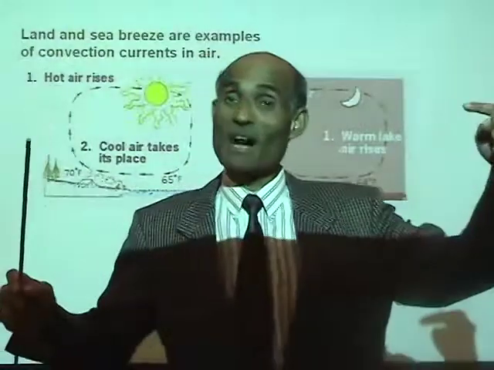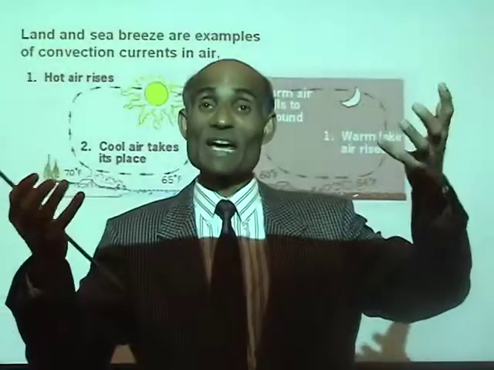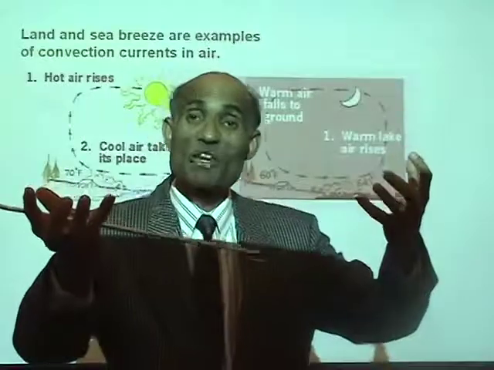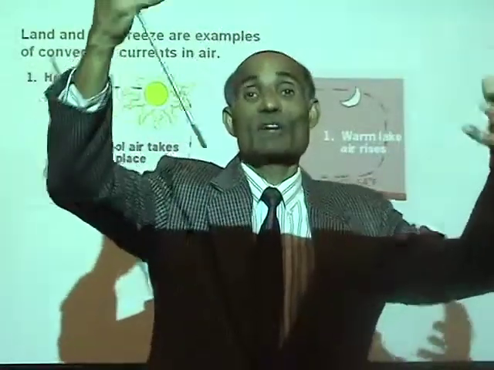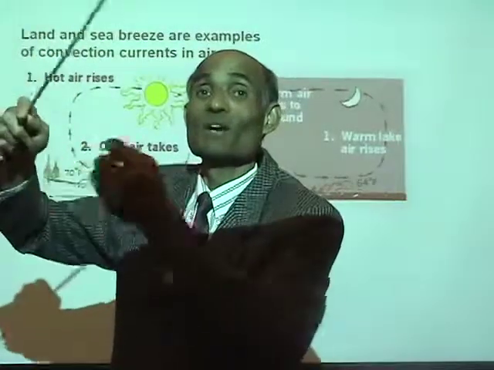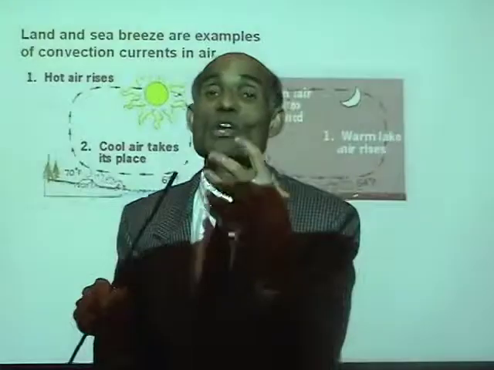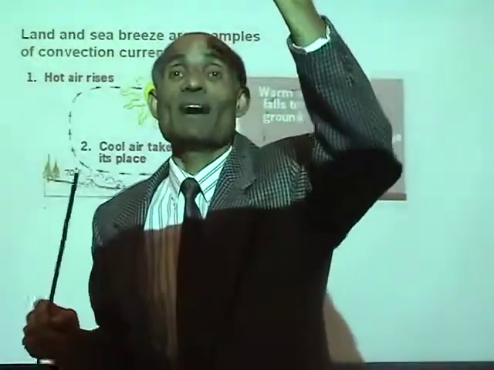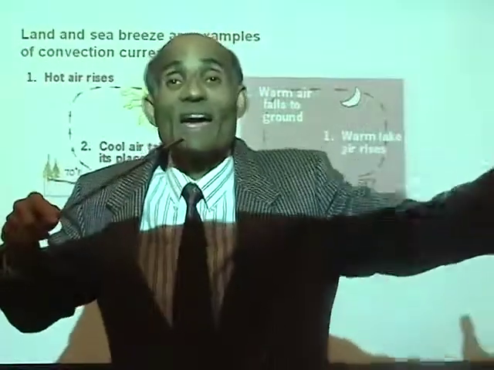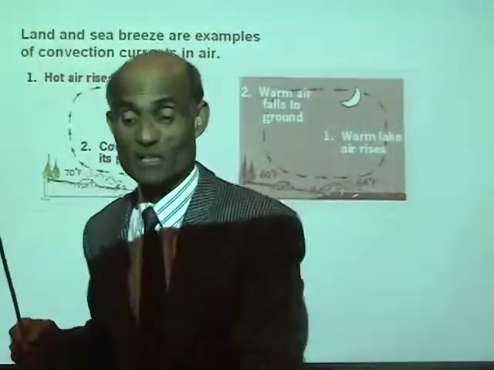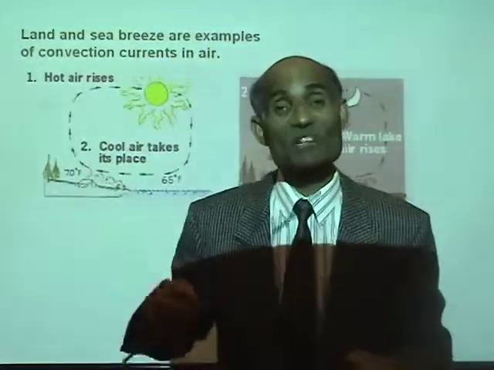Actually, different parts of the surface of the earth get heated differently. That means in the parts which are very hot, the air will rise, and cold air from other regions will rush in. Is that right? A low pressure is created by the rising of the warm air, and into that low pressure, air from other sides will rush in, creating a wind. So all these phenomena are actually convection currents.